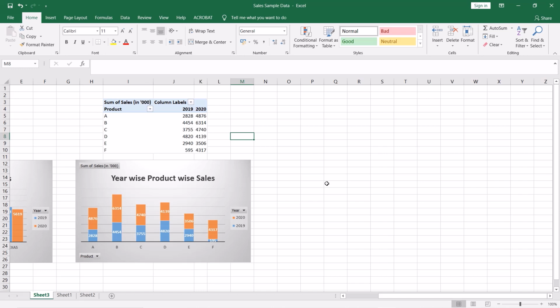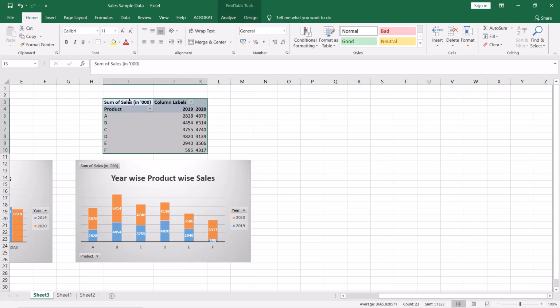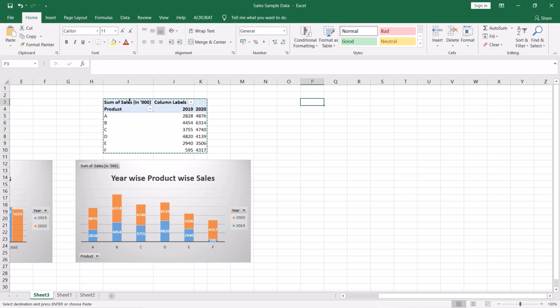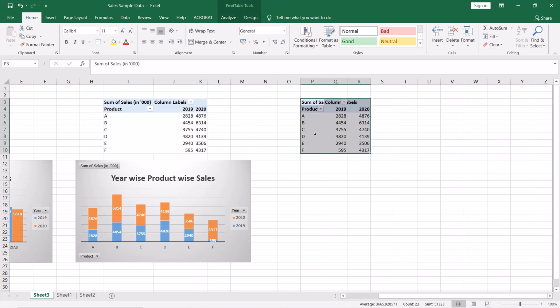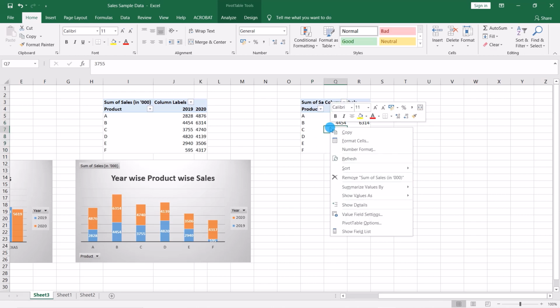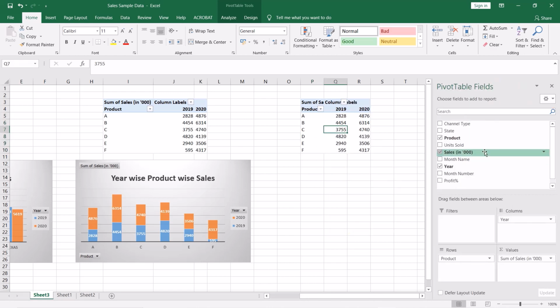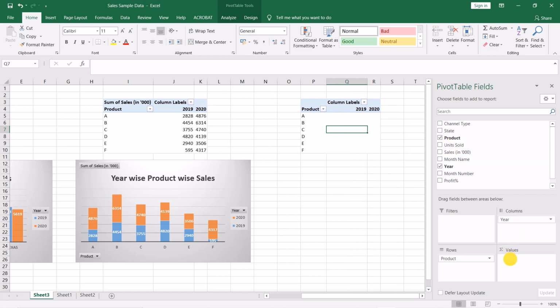Let's move to the next chart, which is pie chart. Here we are replacing sales amount with units sold.